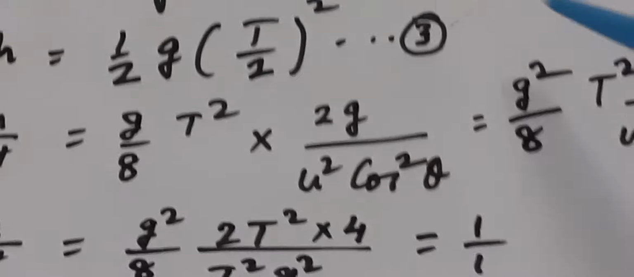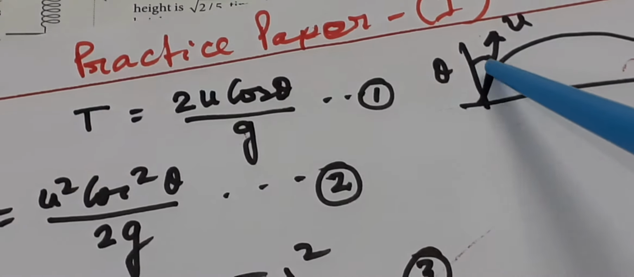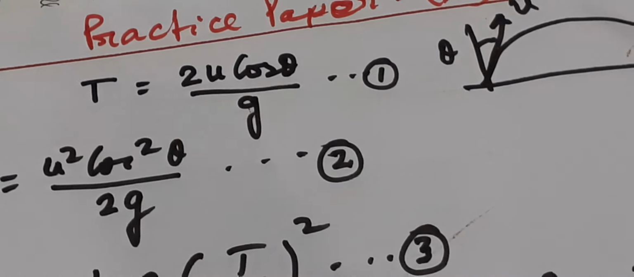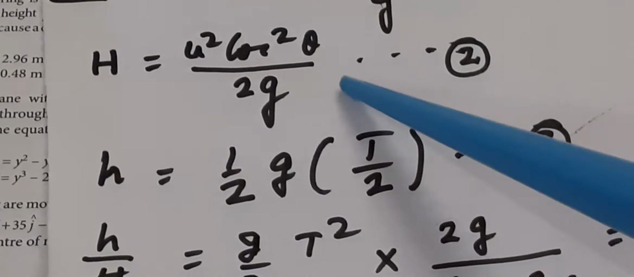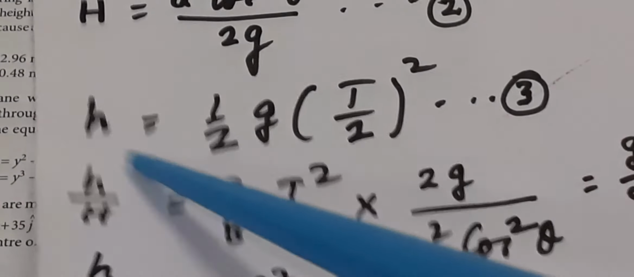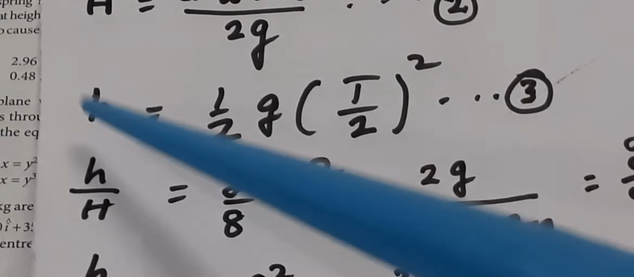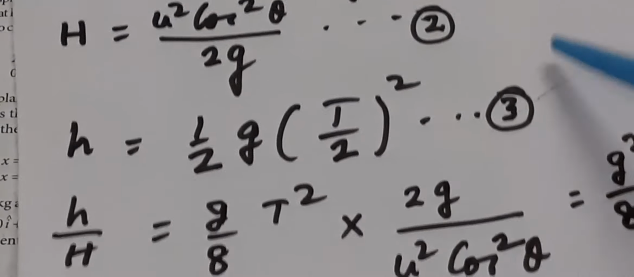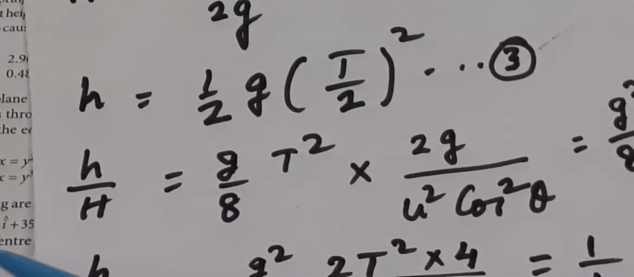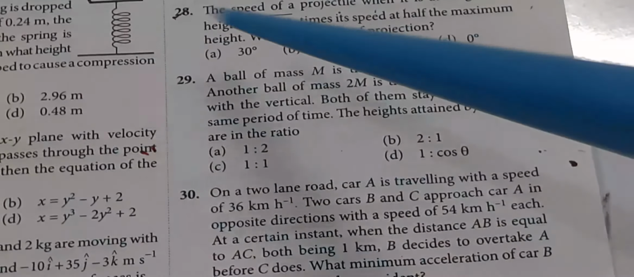This is a simple job. First you have to take care that u cos theta will be the vertical velocity. Once you do this, the time and maximum height equation is available. Then for the mass which is only fired upward, h will be half g, half of the time of flight, that is T by 2, whole square, and we just have to take the ratio of the heights. Next job will be